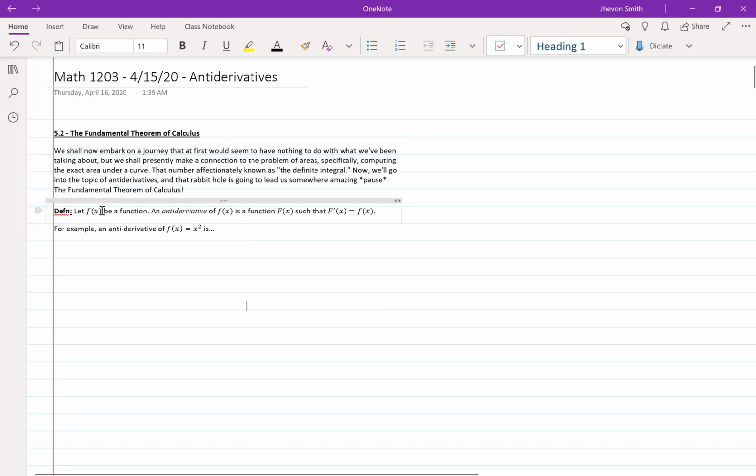So let f of x be a function. The antiderivative of that function is another function such that if I were to differentiate that function, I get my function. So little f is a function. The antiderivative is a function big F such that if I take the derivative of big F, I get little f. So big F is called the antiderivative. Let's actually get used to that terminology. For example, what is an antiderivative of f of x equals x squared? In other words,